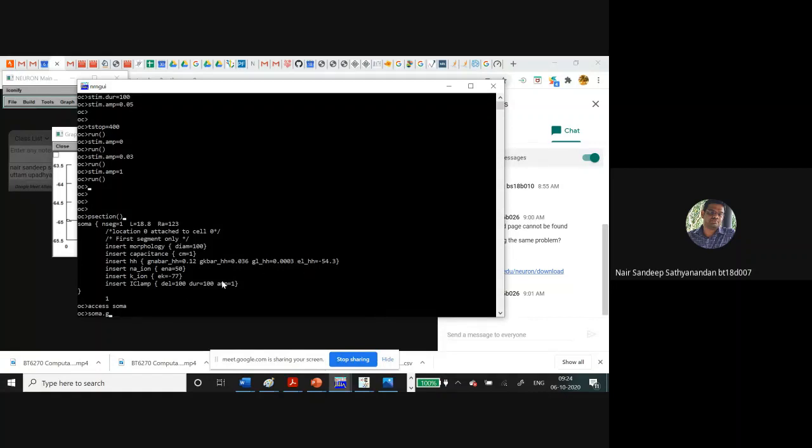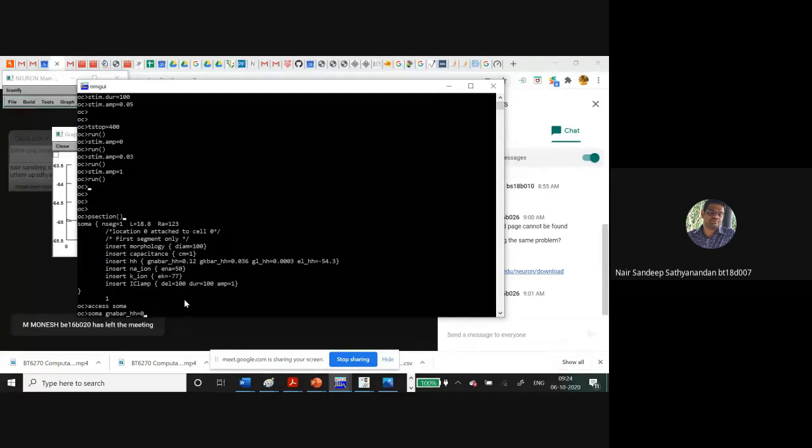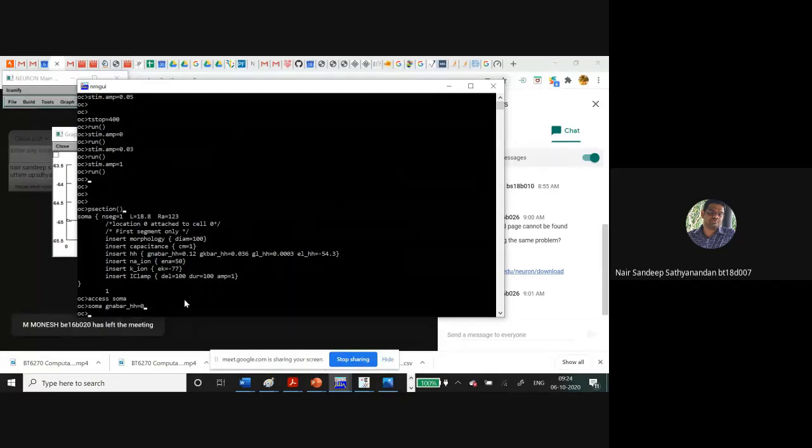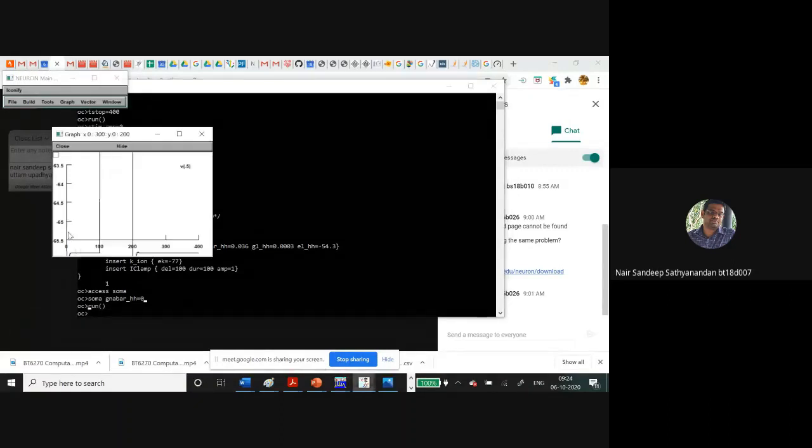So I'm going to modify the sodium channel conductance. Let me put it as 0. Okay, now let us do run. So you can see that it is getting changed.